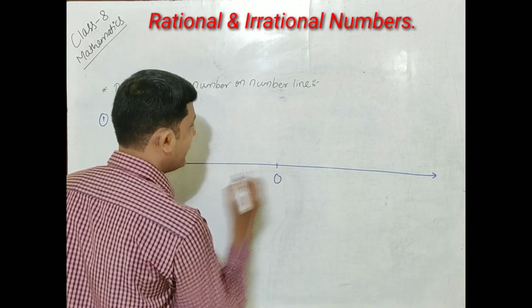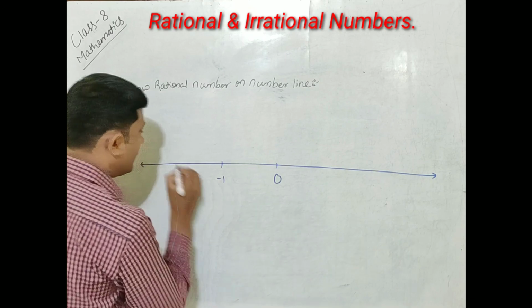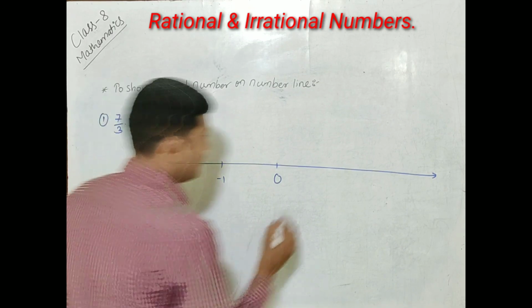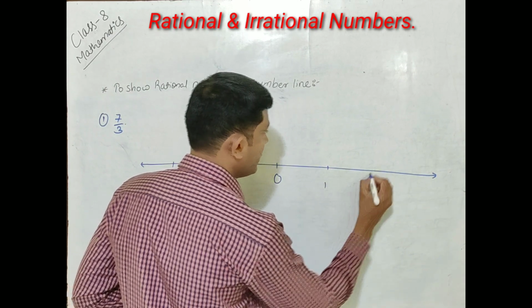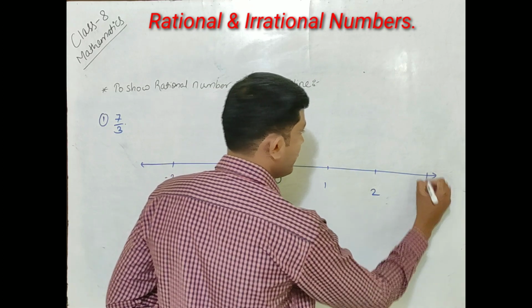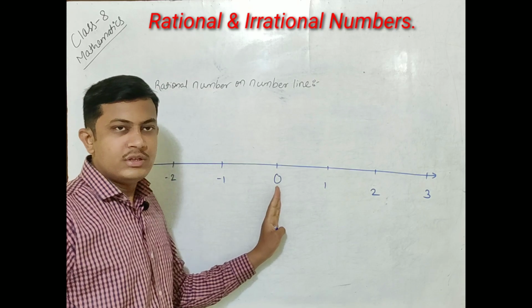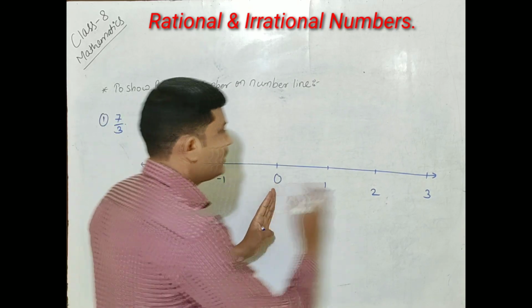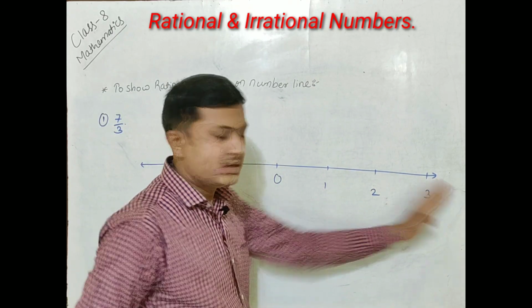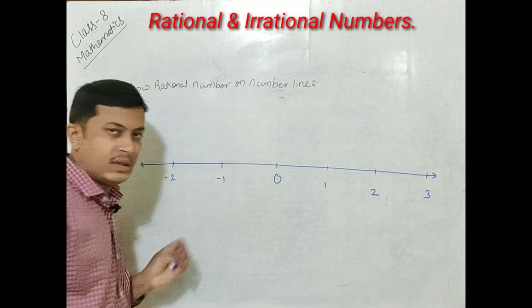Here 0 at the center, minus 1, minus 2. Here plus 1, plus 2, and plus 3. 0 is the origin, or we can say center. To the right side of the 0 there are positive integers,